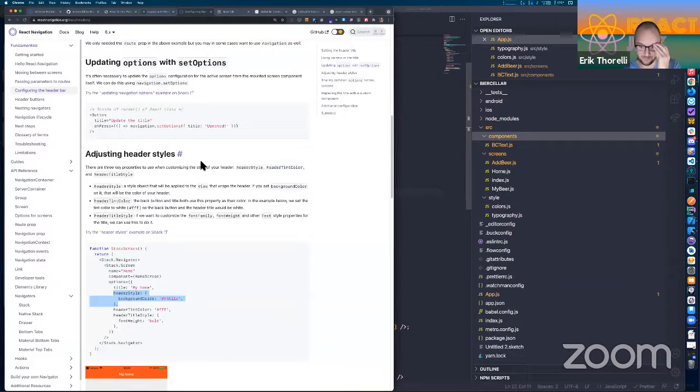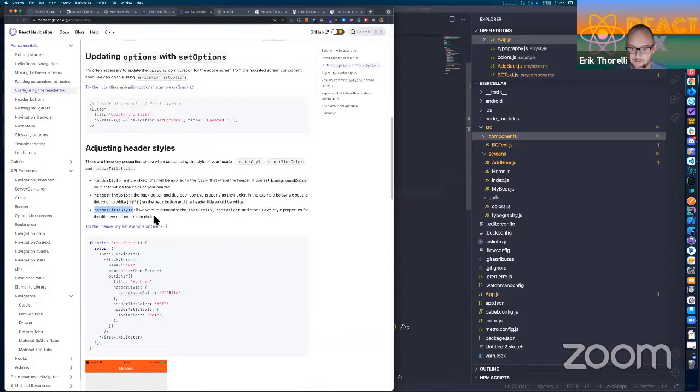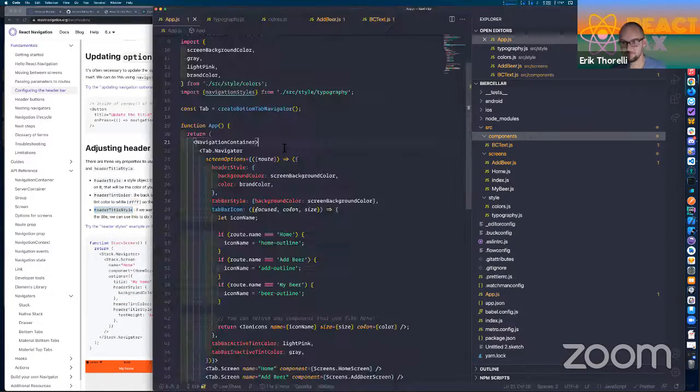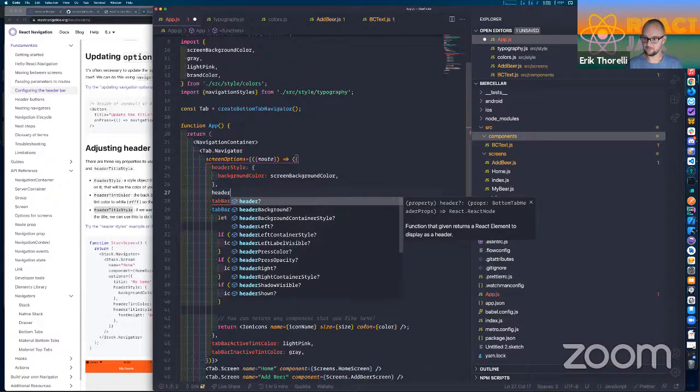Header styles. How do we do this? Header tint color, header style. You said background color on it. Oh, tint color, title style. Yeah, okay. Header title style. Cool. Header style. Header title